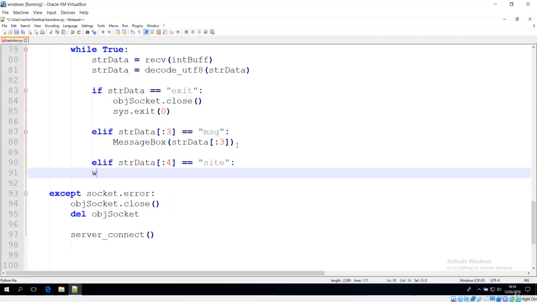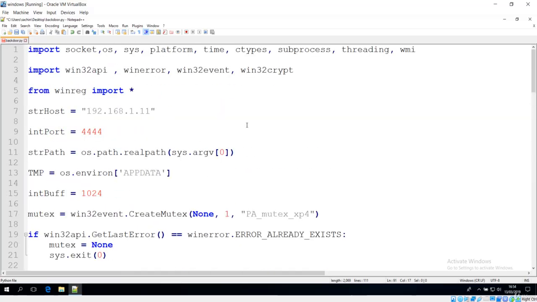Before that we have to import the web browser module. Let's see if we have imported it or not. We have not imported it, so let's import it. It should be webbrowser.